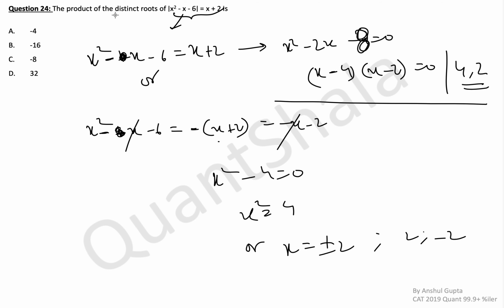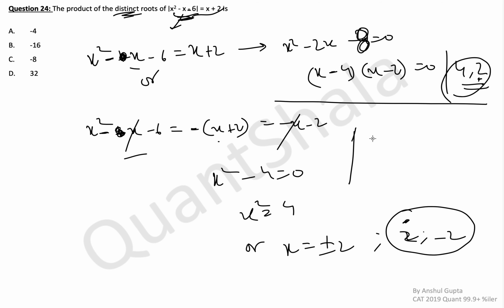They are asking us the product of distinct roots. Okay, this is a very common mistake that most students make. This 2 is coming twice, so we won't multiply it twice. First of all, there are 4 roots for this equation: 4, 2 and 2, minus 2. Because this was broken into 2 equations and they gave 2 roots each. Now we are looking for distinct roots. The 3 distinct roots of this equation are 4, 2 and minus 2. On multiplying these, you get 8 multiplied by minus 2, minus 16 is the answer in this question.